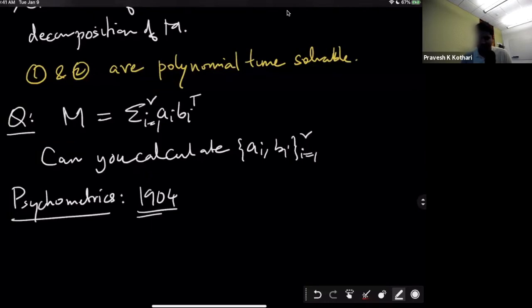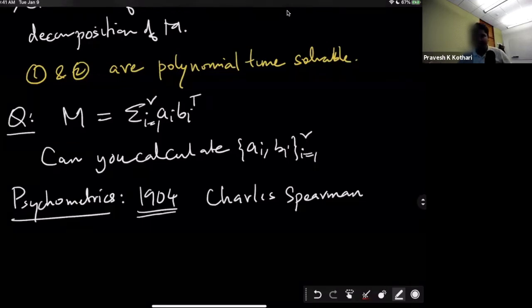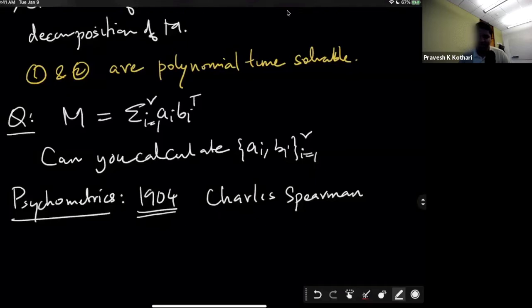Again, I don't want to go into too much detail, but there is a famous psychologist, Charles Spearman, who tried to do this. And the reason I'm talking about psychometrics and not sum of squares is because of the way Charles Spearman wanted to solve this problem. So how would you even do this, right? You're going to take a bunch of human beings and ask them to solve some test, right? You could call it an IQ test, whatever. You're going to make them solve some tests. You're going to receive some scores. Maybe you'll make each person solve multiple kinds of tests. Okay, GRE, Misha. And you get the scores of these tests,